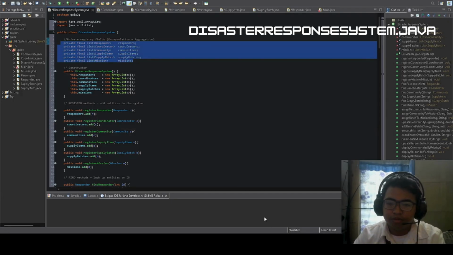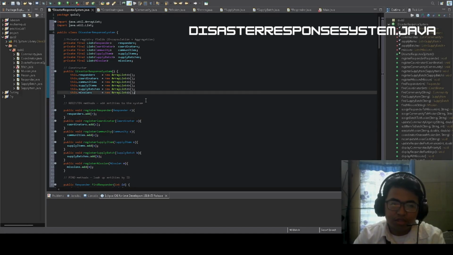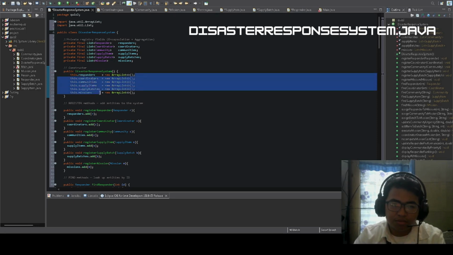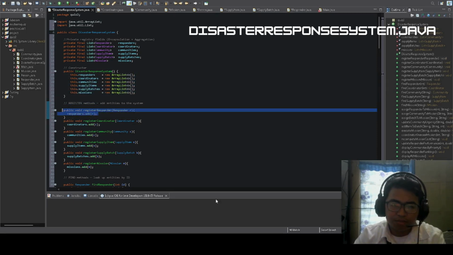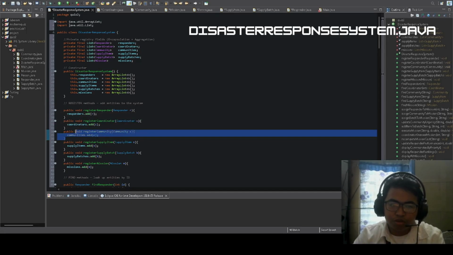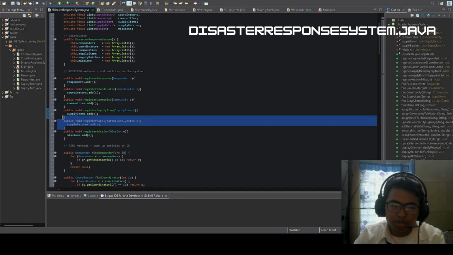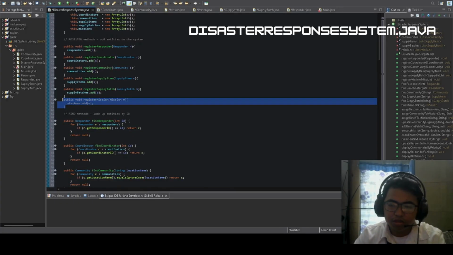Next, the system allows registration of entities through methods like register responder, register coordinator, register community, register supply item, register supply batch, and register mission.